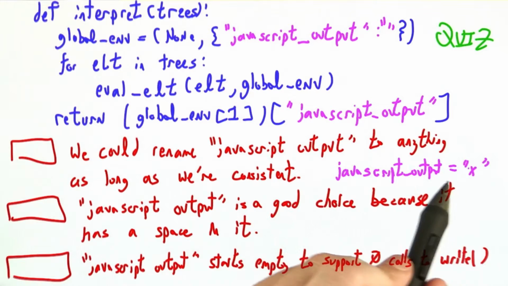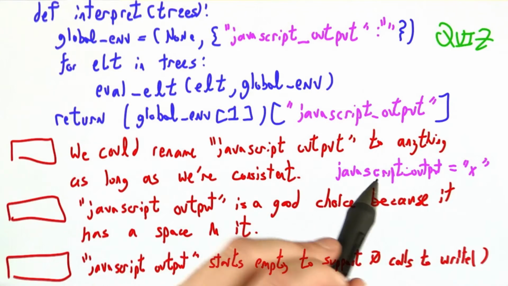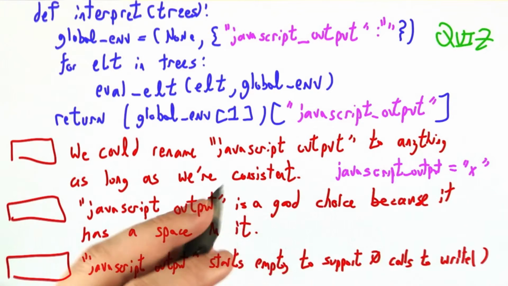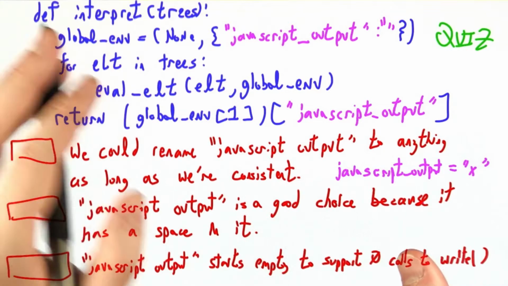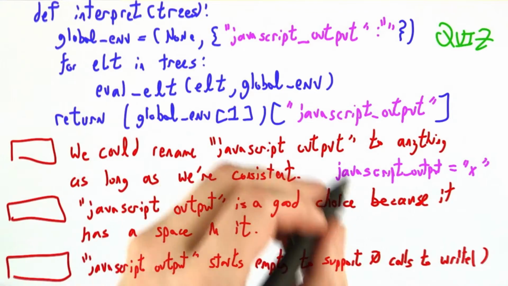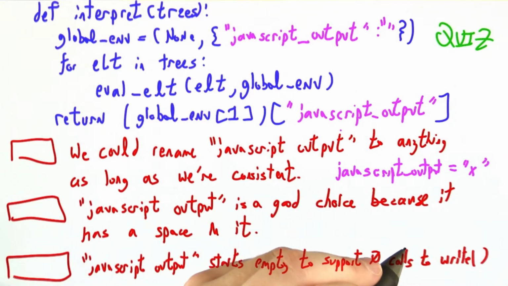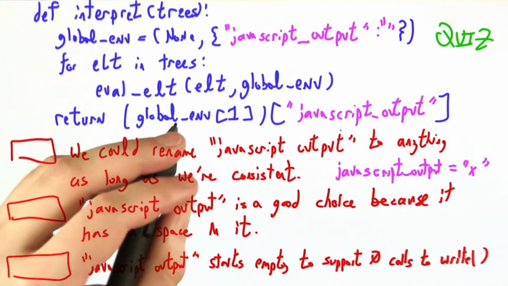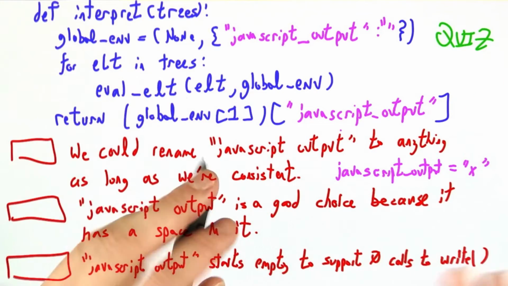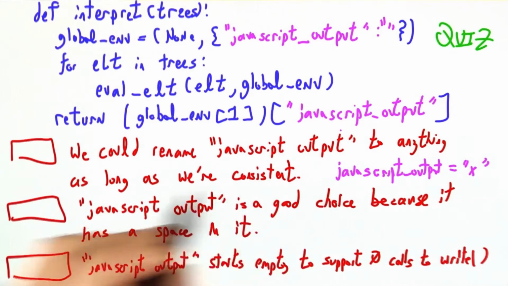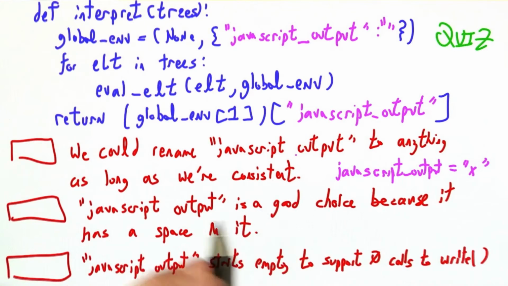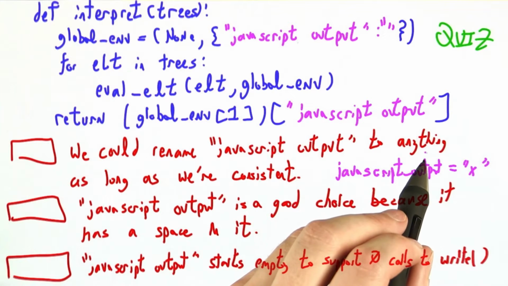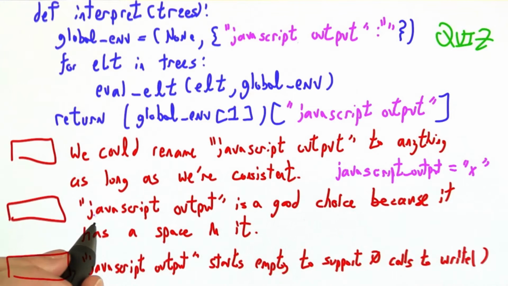So rather than printing out the right answer, we'd print out whatever the value was for this variable JavaScript output. It's very unlikely that the user would happen to name a variable JavaScript underscore output, but it's a security problem, and officially there exist at least a few programs that won't compute the right answer if we change it to a variable that the user can collide with. So we can't actually rename it to anything. We have to be careful. And this feeds into the second one.